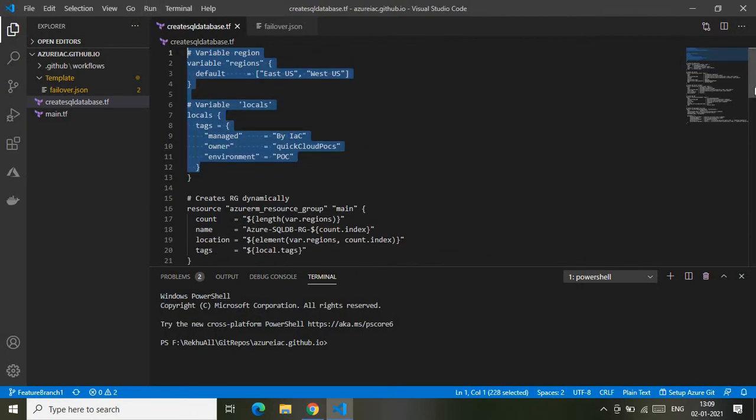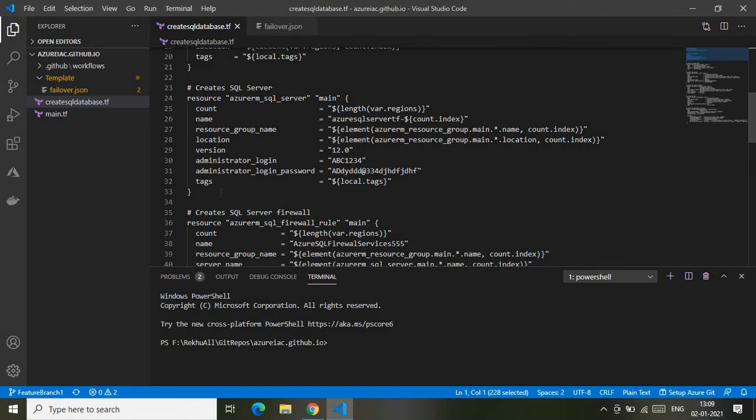So the below block is meant for creating the SQL server. As you know, to create a SQL database in Azure, we must create a SQL server, right? So this is the block which will be responsible for creating a SQL server. Here is the keyword, the Terraform resource type for creating the Azure SQL server. The value is azurerm_sql_server. That is the keyword for it, and this is my variable. Inside that, again I'm providing the required variables.